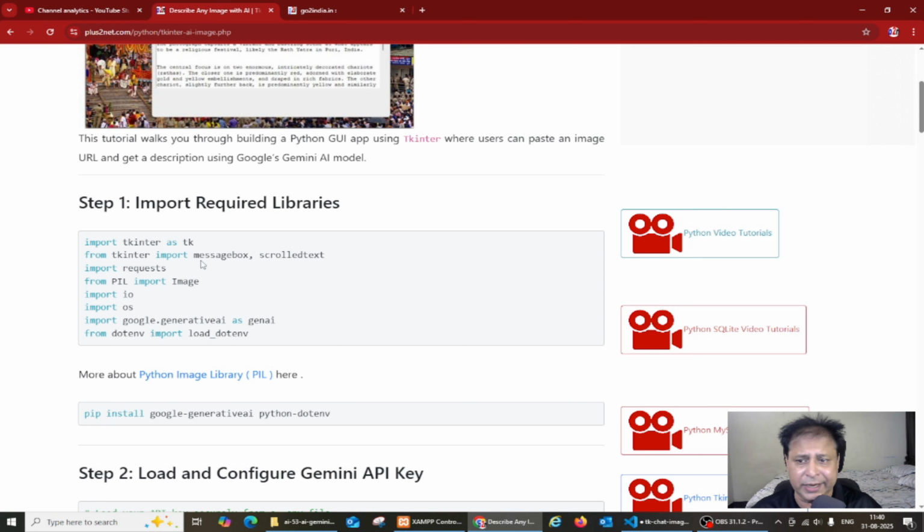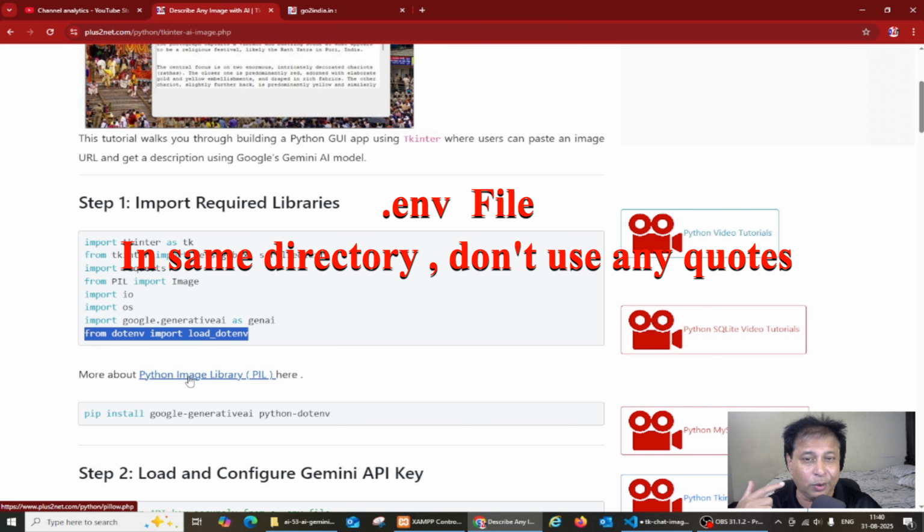If you are using Tkinter already, you must have this, and then from Tkinter, of course, we are importing some methods. Then requests and PIL, or Python Imaging Library. Here you can see the details and a link, so you can download or install it. And these two libraries are exclusively for Google's Gemini Studio, the Gemini model, and dotenv,